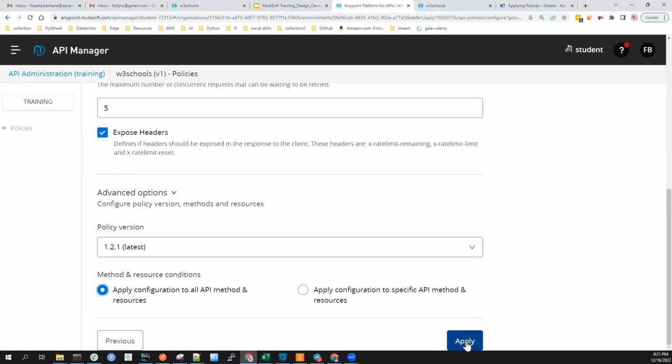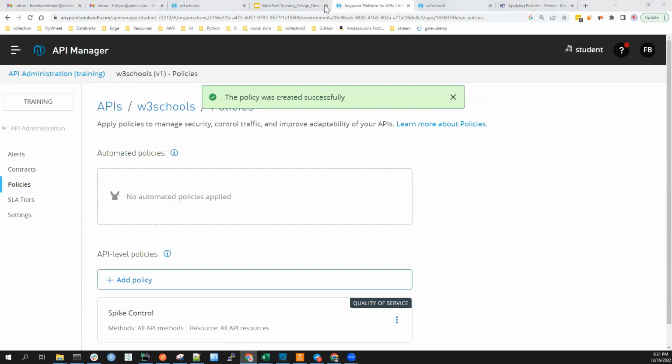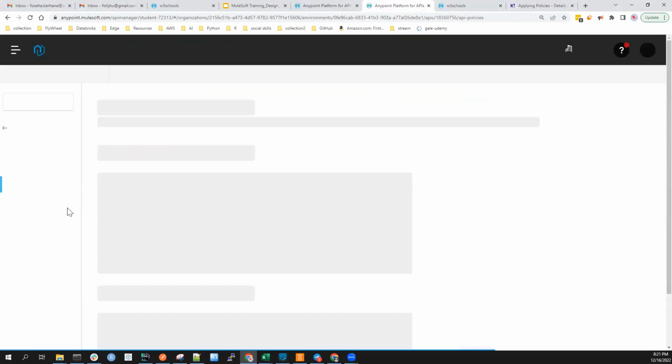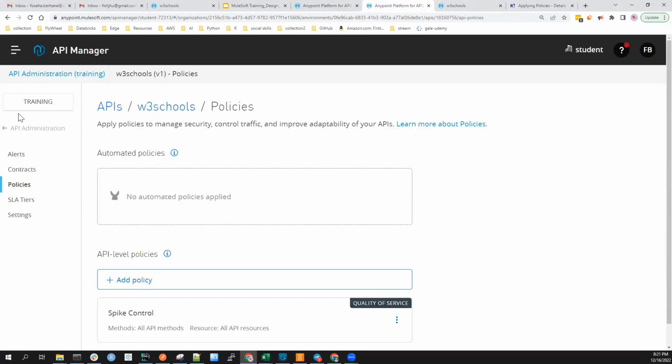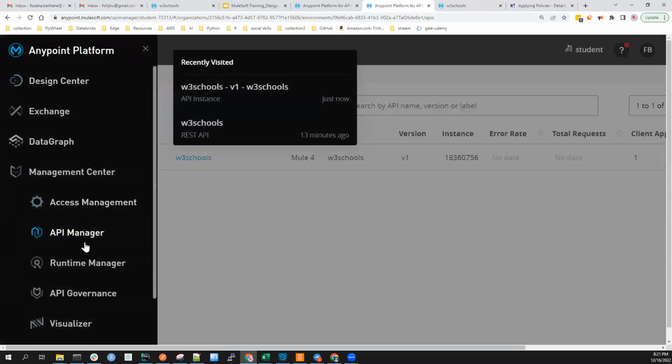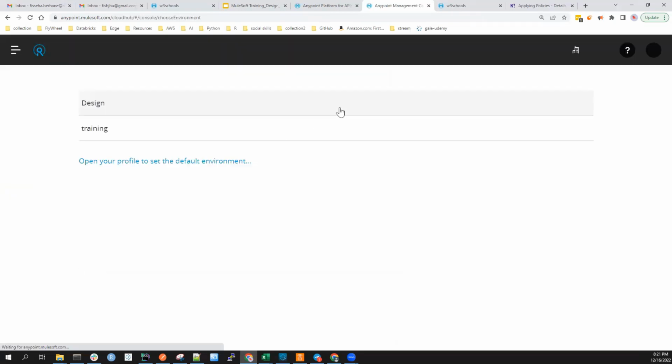And in that case, you have to come here and choose a specific method from a specific resource. So now let's apply this. For a policy to be applied, it takes some time, about 20-30 seconds. And whether it has been applied or not, you can see it by going to Runtime Manager. So if I come here under Runtime Manager for that API in the logs,